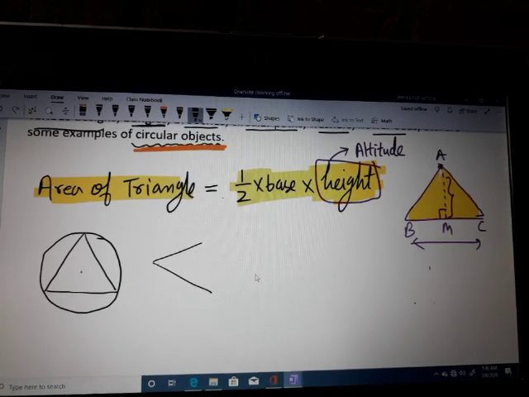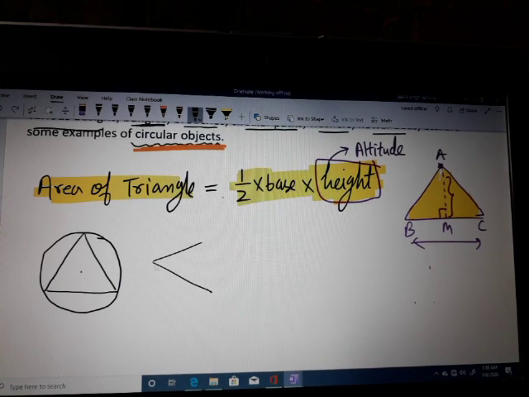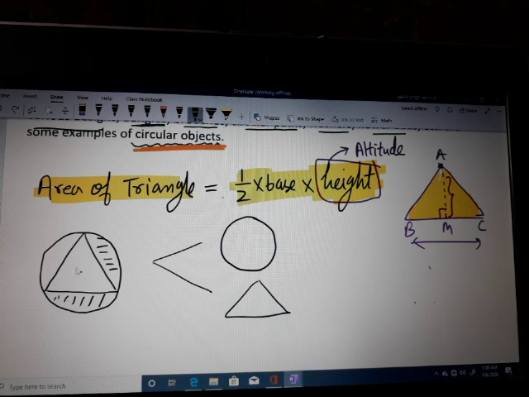Next, I want to explain a very important concept. A circle is given, inside a triangle is given. If you find the area of the circle, that means this complete region. If you find the area of this triangle, this complete region. I will use subtraction. If you want to find the area of this, I am putting these marks. You have to find the area of this region, which is the shaded region. How will you find it? In this case, use subtraction.